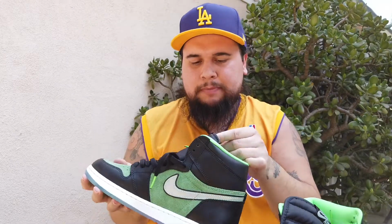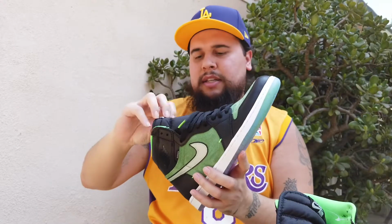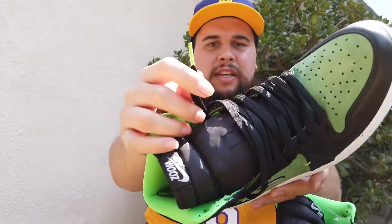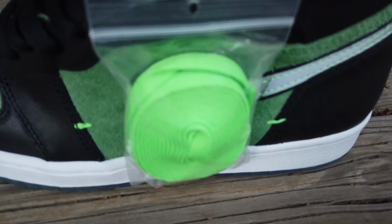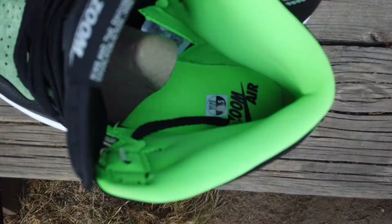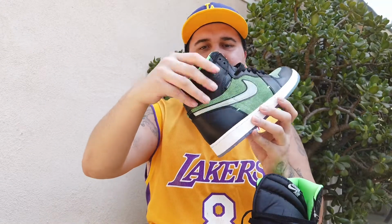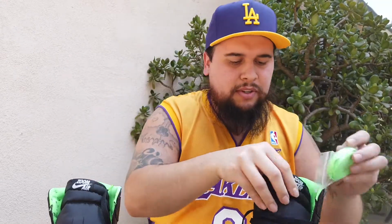later down the line. You have the Zoom Air on the tongue. These do come with these black laces and neon green tips, or you could just be crazy and put the neon green laces on. I think that's doing a little too much. These are already kind of bright shoes, so I'm just gonna keep the black laces. You have the Zoom Air on the inside on both. You have nice little padding, you know, for your ankle support on there, just in case you choose to fall